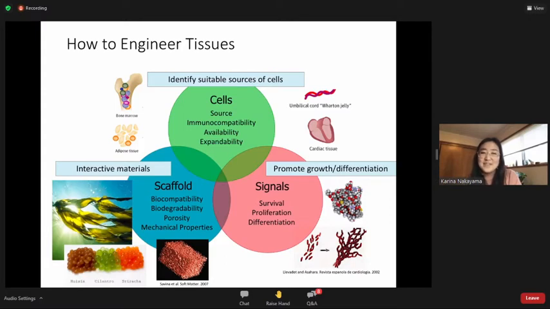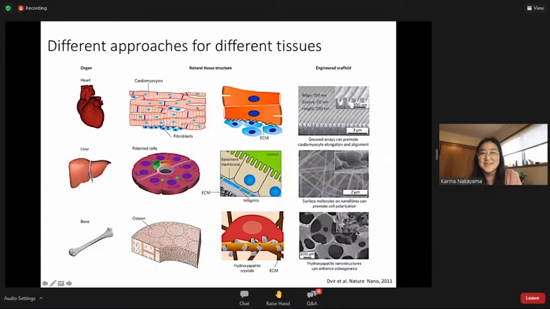And then the last thing is signals, and that's all of the growth factors, the drugs, to get your body and the cells and tell them what to do. These are secreted factors that float around near the material or the constructs, and they tell the cells, you need to become this, you need to do this. And the cells listen really well. And so that's the three components that we always base our thought process on when engineering tissues. And then, as I mentioned, depending upon the tissue you want,